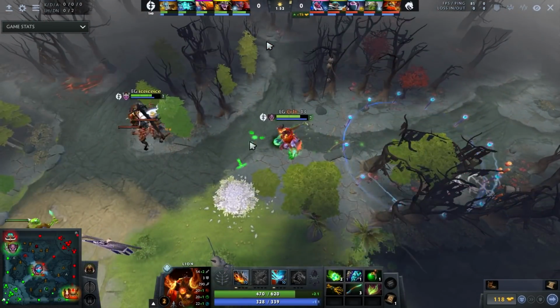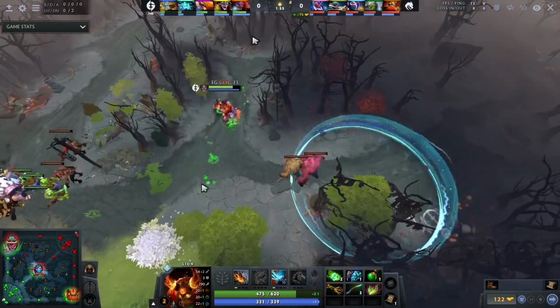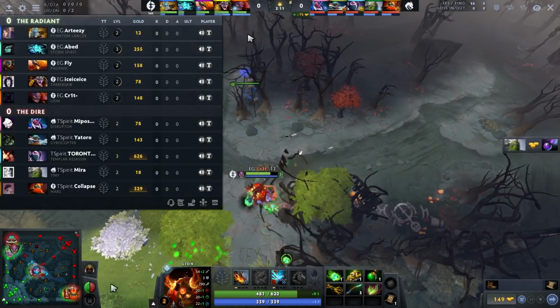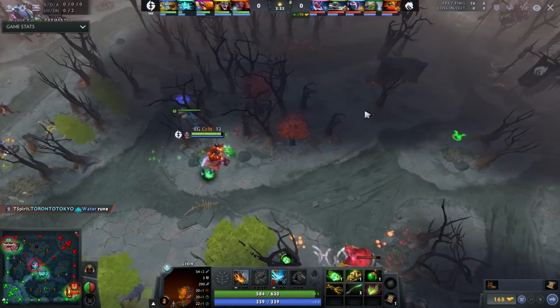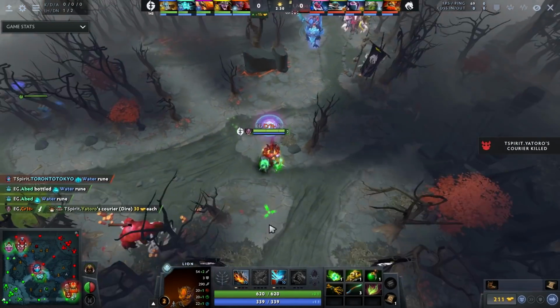Whenever you have a self-sufficient offlaner that doesn't put too much pressure early on, you just want to set up side pulls, stack the side pull, and most importantly, block the small camp. You don't always have to block it with the sentry. It's really easy to deward nowadays, and it's not expensive. But it is good to pay attention to the pull timer to at least sap the XP, which is what